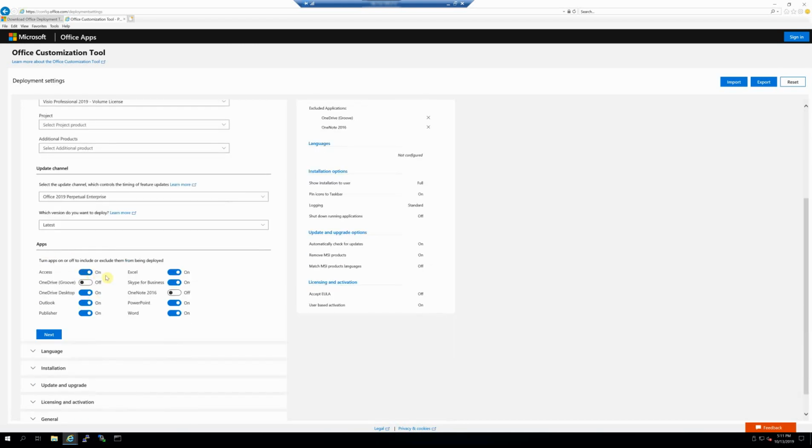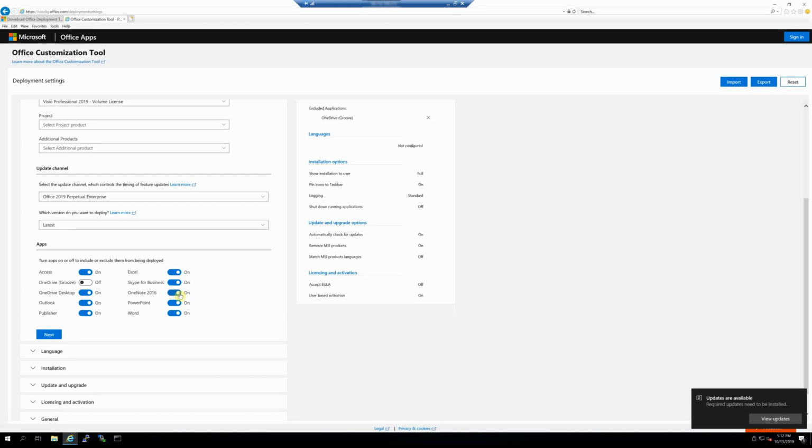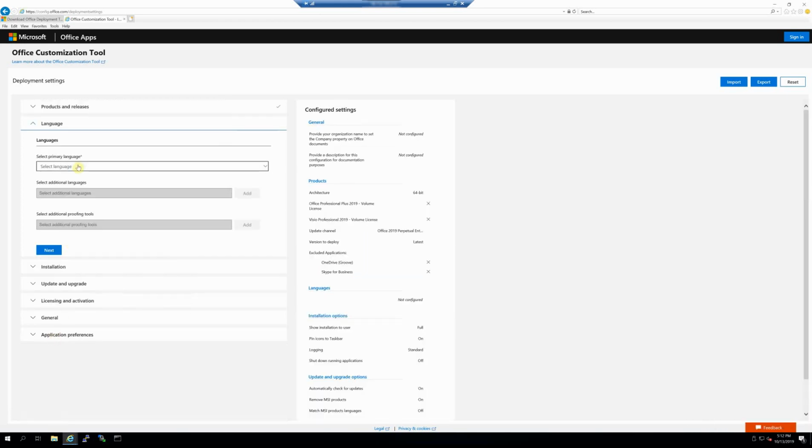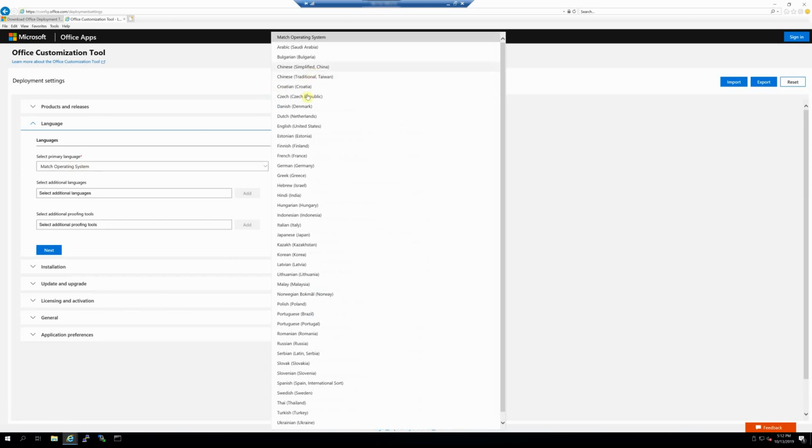And over here it will ask you which apps you need to include in your deployment. So I will include the OneNote. If you notice here, they only have the 2016. For some reason they don't have the 2019 yet. So I'm just going to select this and deselect the Skype for Business. I'm not going to be using this. Let's make this disappear. Okay, and hit next. Language, for me I'm just going to select English, United States,